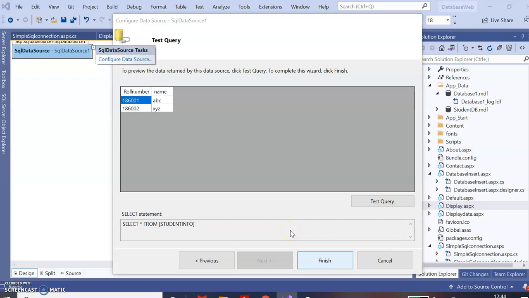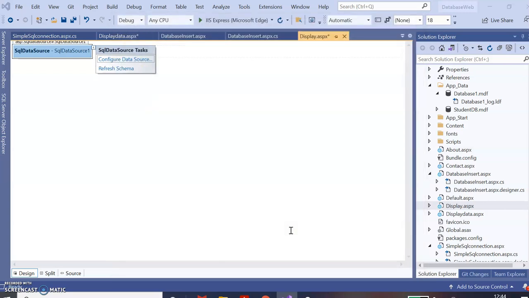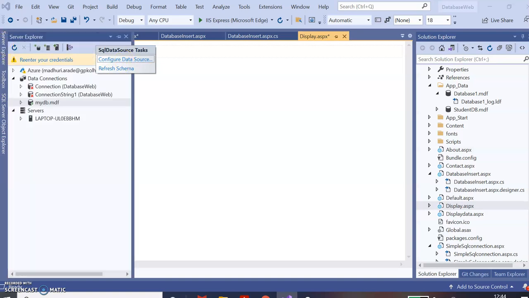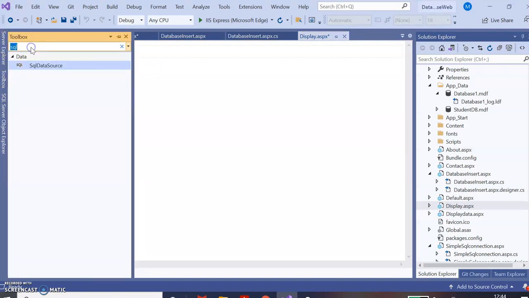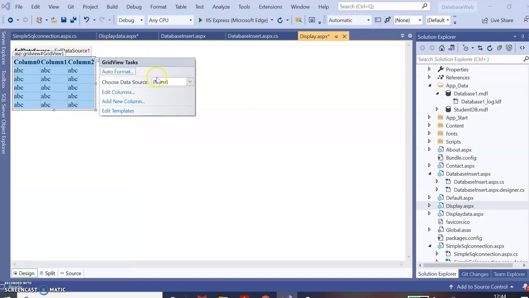Now ConnectionString1 is connected to this SQL data source 1. Okay, so now we go to the toolbox and look for the grid view. Drag this grid view over here.